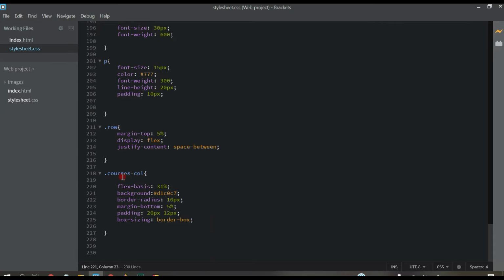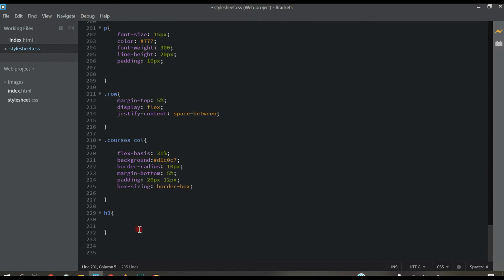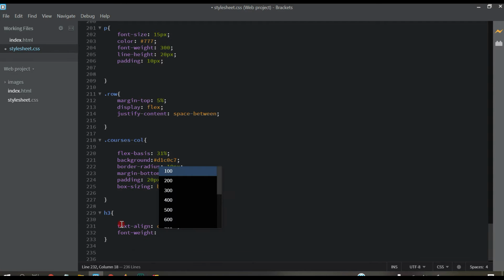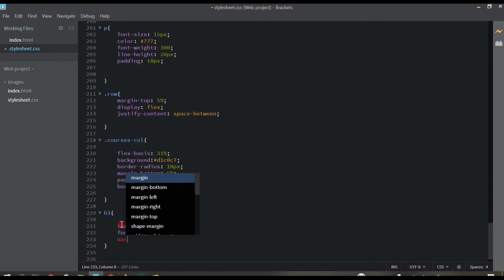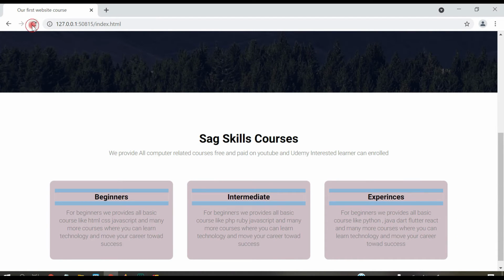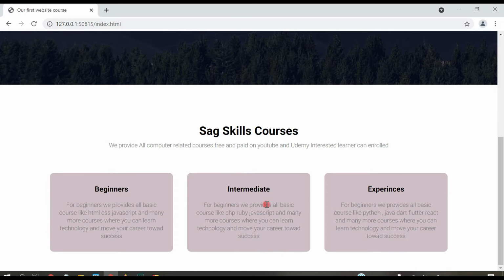Come here to the CSS file, and here h3, and write text-align center, font-weight 600, and then margin 10px 0. Control S, let's see how it looks. Now this is looking very well.